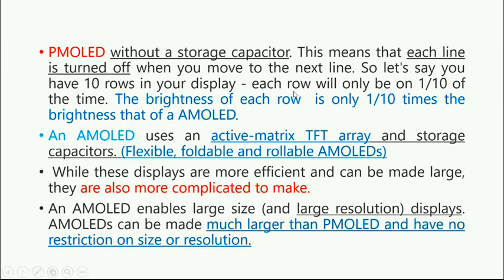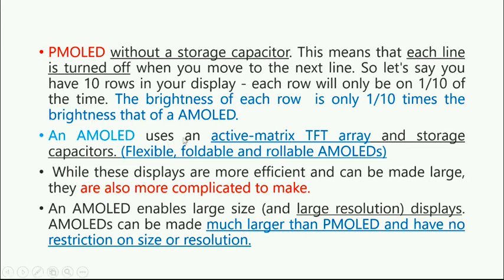Each line turns off when you move from one line to the next. Moving from one line to the next, that line is switched off, then the next line comes on. It happens at a fast rate, so we do not recognize that each line is blinking off. So the brightness of each row is only 1/10 of the brightness of an active matrix OLED.